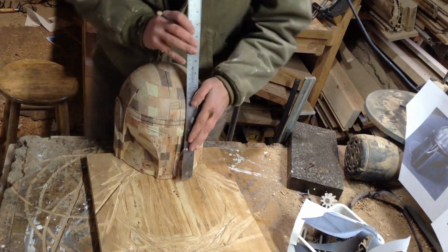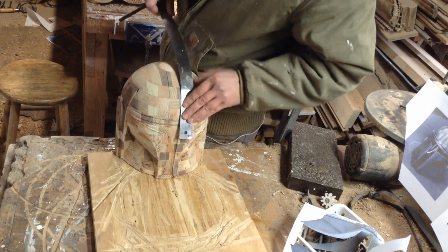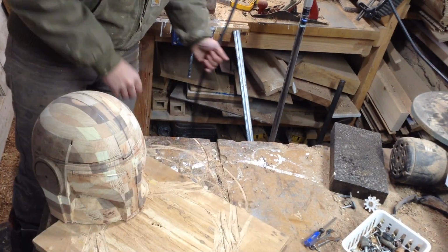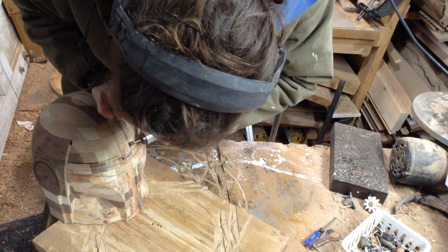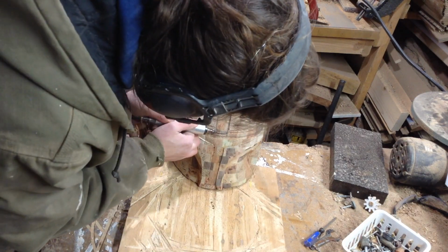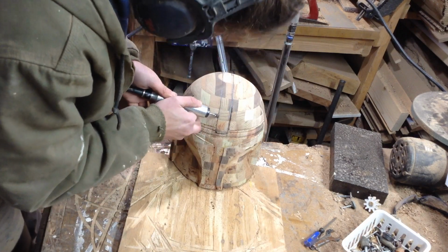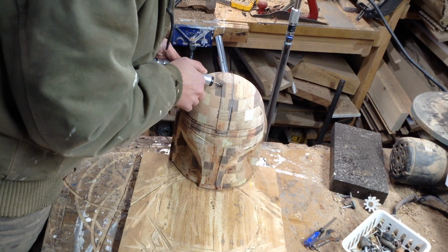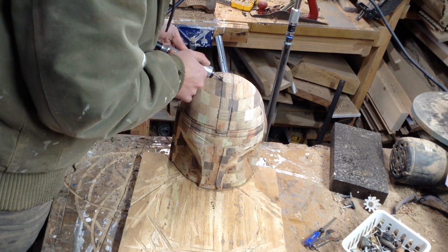So then here I'm just transferring the lines up the helmet, because there's this strip on the Mandalorian helmet that goes across the top. This is difficult to do because of the arch. And then I'm just going through with a carbide burr and I'm creating that line. So what I'm doing here is I'm creating that line, and then I'll feather out that material to the edge